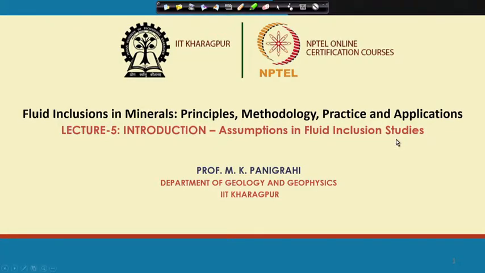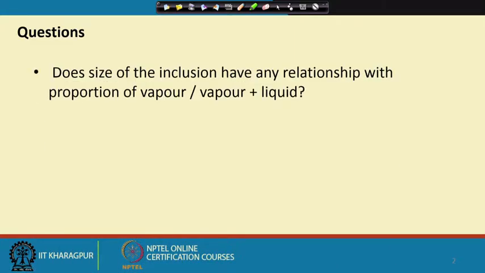We will again have a detailed discussion about how to prepare the samples for the fluid inclusion studies, but for the time being, with this much background information on fluid inclusions, we move over to subjecting these tiny objects to various types of studies, beginning with trying to retrieve information on physicochemical parameters like pressure, temperature and composition of the paleo fluid through systematic study. So, it would be good to ask ourselves a few questions, and there could be many more, I understand.